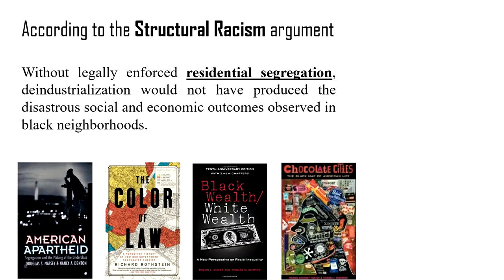The structural racism argument in sociology does not deny the structural shifts that Wilson points out occurred. However, what they suggest is that without segregation, without legally enforced segregation, none of those changes that Wilson discussed would have had the outcomes that we see. So although the rates of black poverty were driven up by economic dislocations and economic shifts, segregation confined the increased deprivation to a small number of densely settled, tightly packed, and geographically isolated areas.